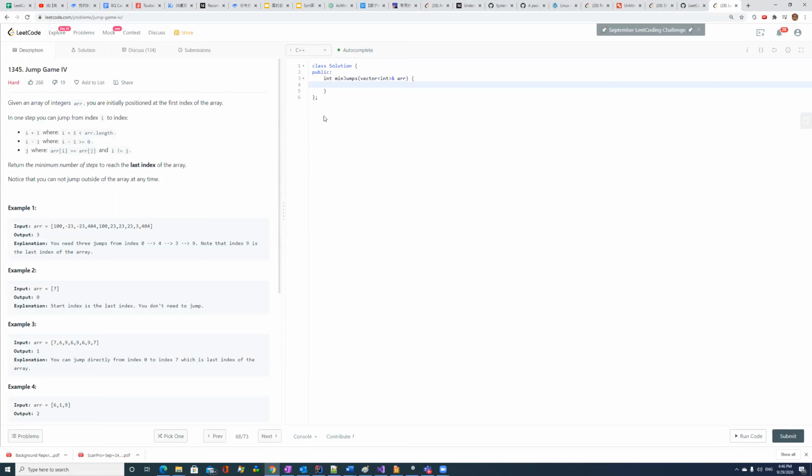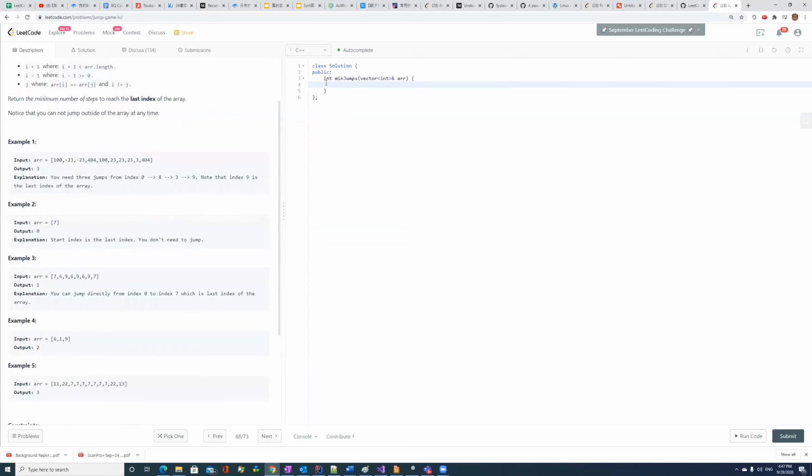reach the other index. And the result is the minimum number of steps to reach the last index of the array. For the minimum number of steps, we can consider a BFS. For minimum-number solutions, BFS is often the best choice. So for the BFS, we can define a